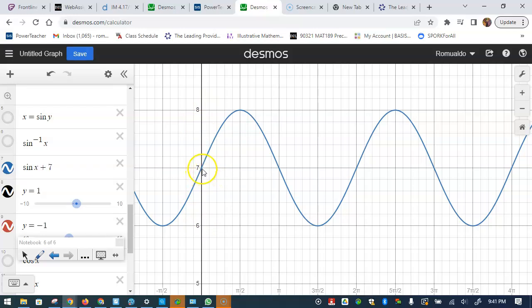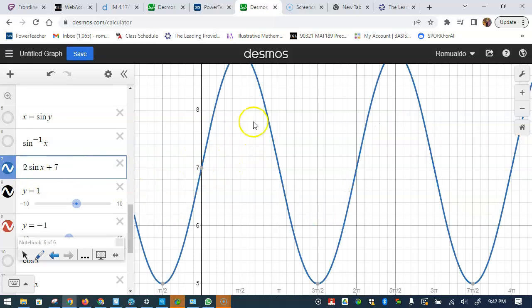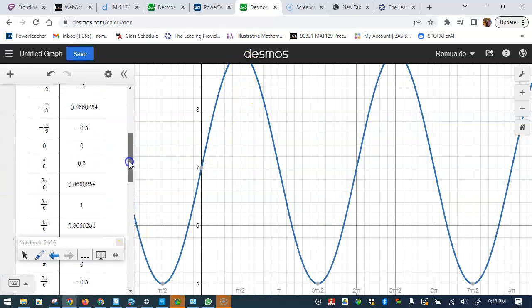So in the beginning it was at the origin, now it shifted 7 places up. That's all that means. Plus 7 is where it shifts up. Or you can just write down here, put a 2, and then you see it goes up by 2. That's the amplitude. So the main thing is just to understand that the sine graph is